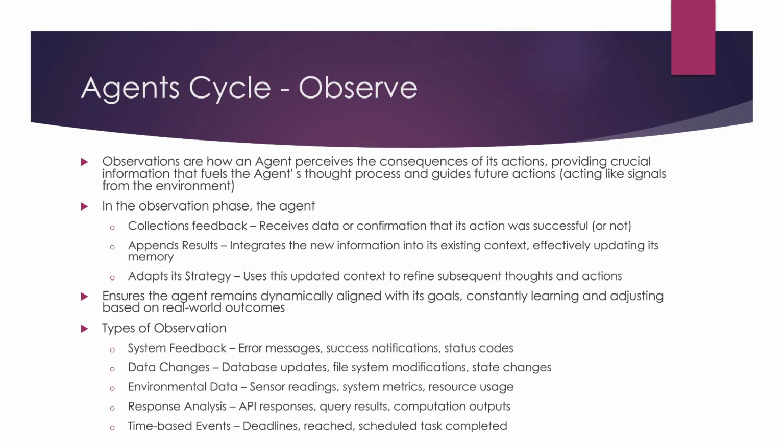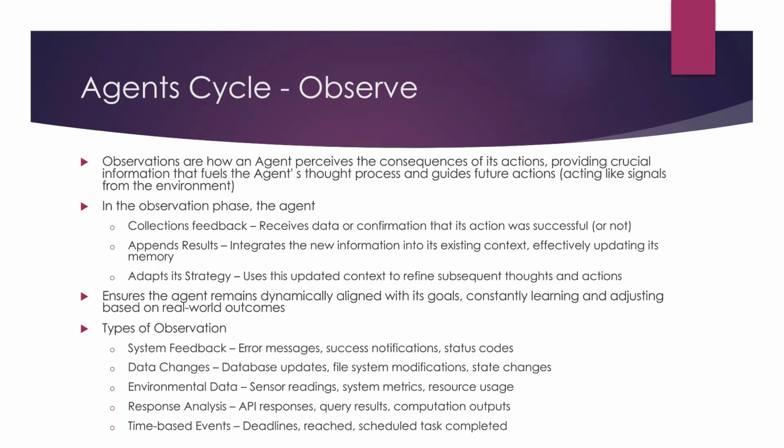In the observation phase, the agent collects feedback, aka receives data or confirmation that its actions were successful or not, integrates the new information into its existing context, effectively updating its memory, and uses this updated context to refine subsequent thoughts and actions. It ensures that the agent remains dynamically aligned with its goal, constantly learning and adjusting based on